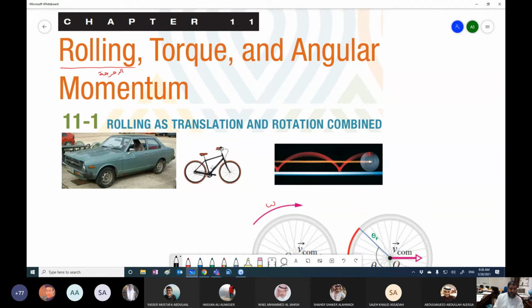The first example in the cars, in the bicycles, bikes, okay, all means of transportation where we have this contact,